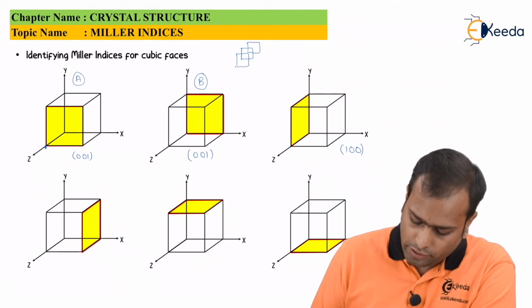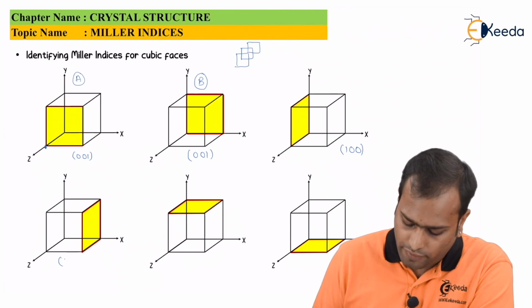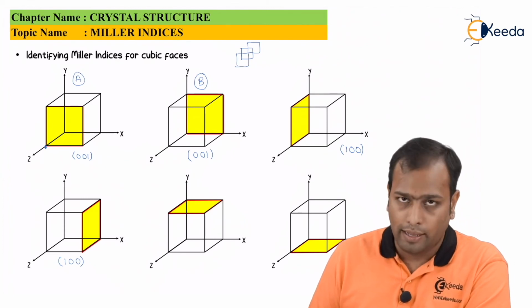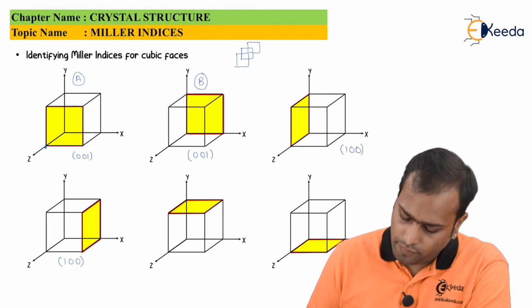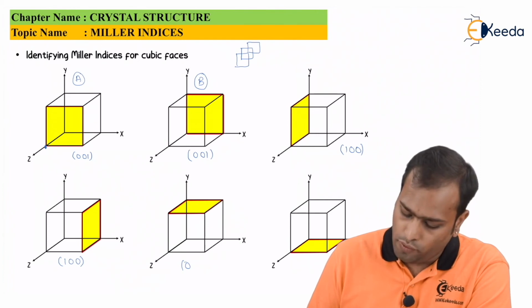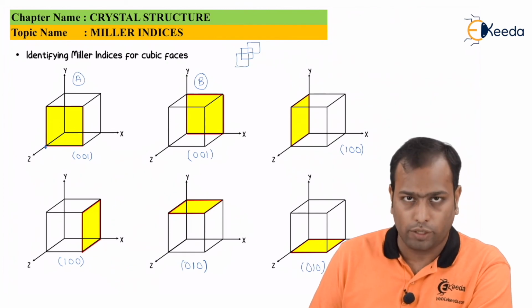Similarly, this question, as you can see, this plane also cuts the x-axis. So I have 1 and y and z as 0 and 0 because this plane does not cut the y and z axis. Now, for this, as you can see, on x-axis, the plane does not cut it. Okay, so it is 0. For y, yes, it does cut it 1 unit, so it is 1 and again 0. For this, of course, it is 0, 1, 0 again. Why? Because this plane is parallel to the next one.